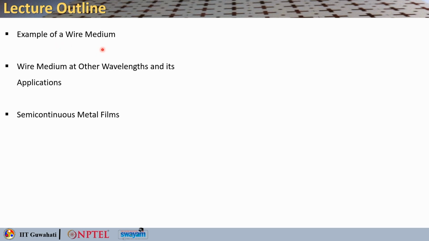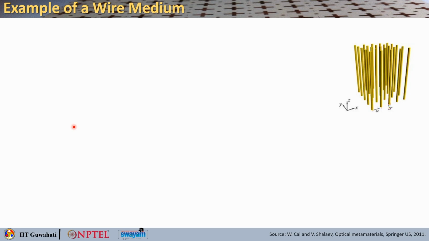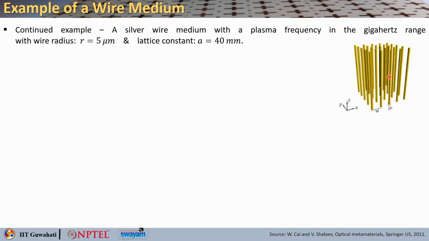So, here is the lecture outline. We will continue with the example of the wire medium. We will discuss the wire medium at other wavelengths and its applications, and then we will discuss different aspects of semi-continuous metal films. So, here we continue with our example of the wire medium, where you can see a